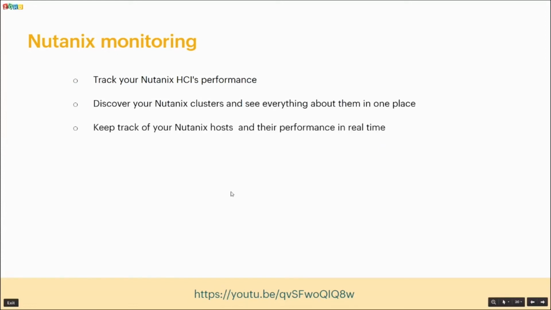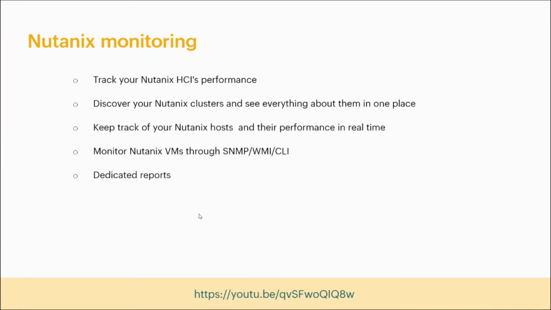You can keep track of your Nutanix hosts and their performance in real time. You can monitor your Nutanix VMs through SNMP, WMI, and CLI protocols. You do have dedicated reports for them. And if you want to see in detail about the Nutanix-based discovery and monitoring, you could click on the link